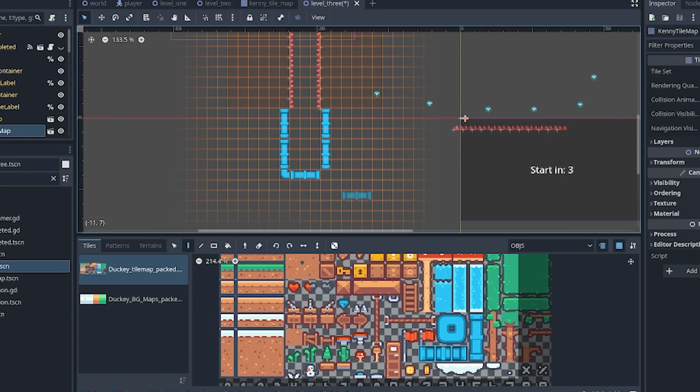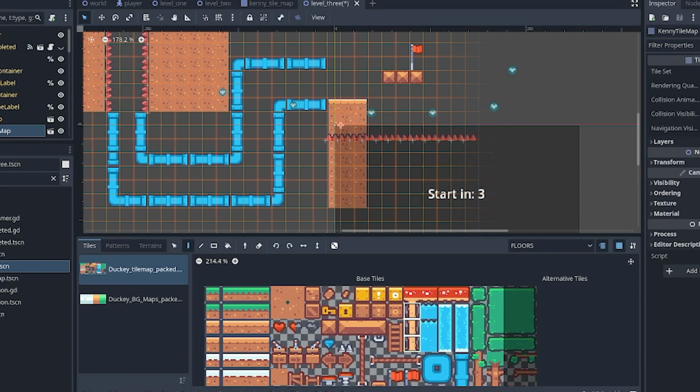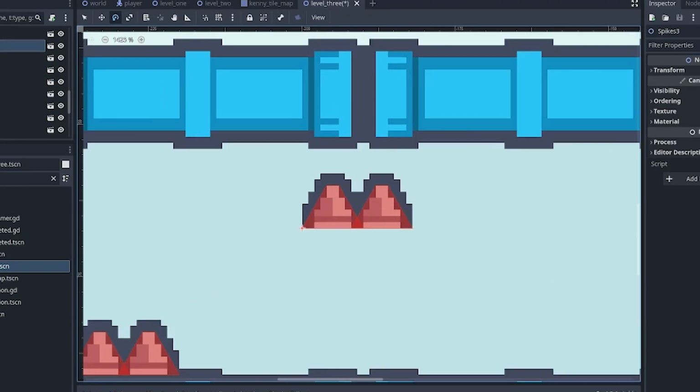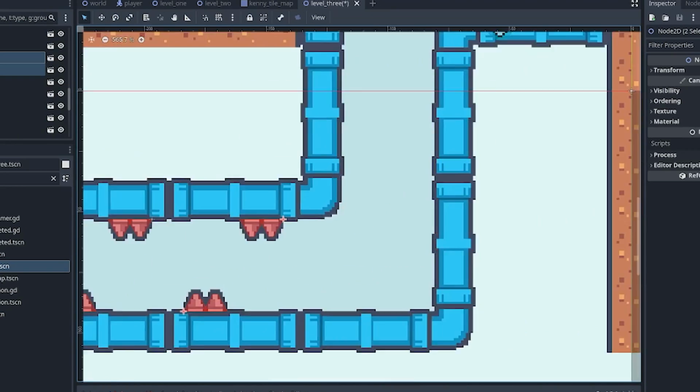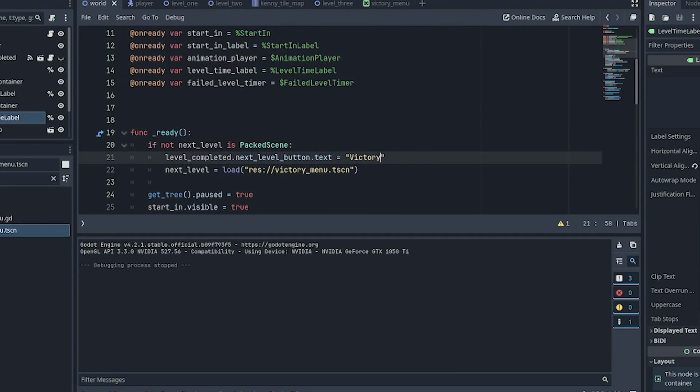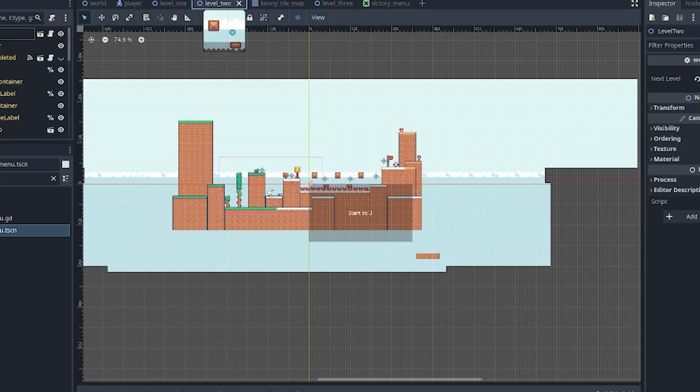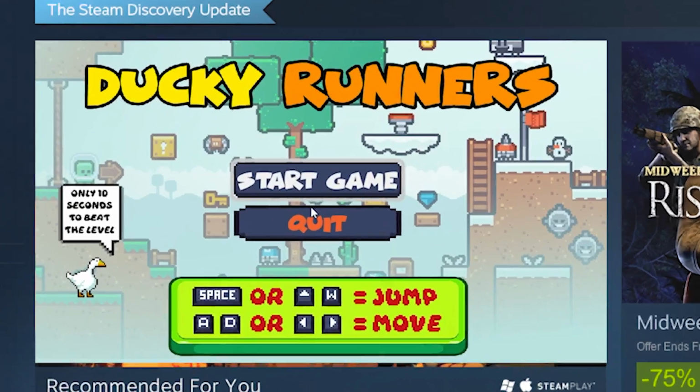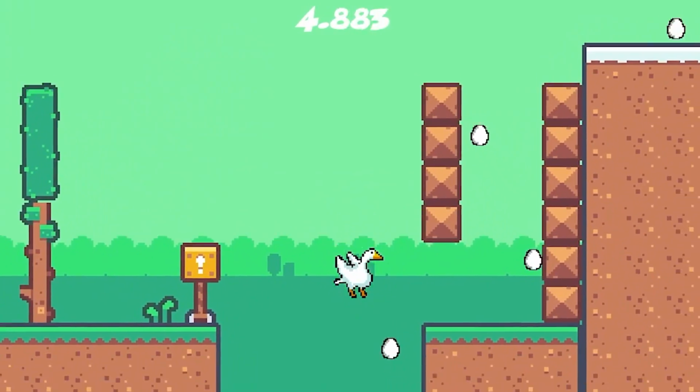I don't know if it's the same for Unity or Unreal that they have a tile map system, but Godot is goated for this. For this prototype, there are only 3 levels. I could definitely make more and make them very quickly, but I need y'all feedback. I need your engagement. If there is engagement for this game, I can make a fully polished game and release it on Steam. I can get back in the lab, make more levels, worlds, animations, puzzle elements,